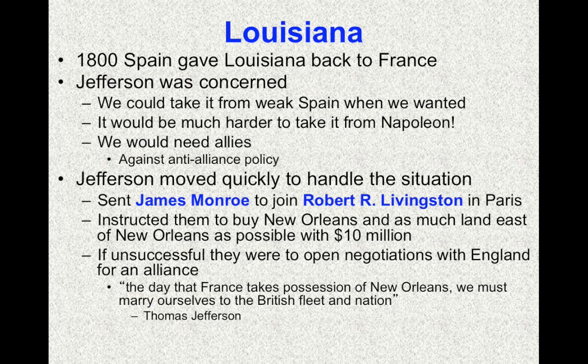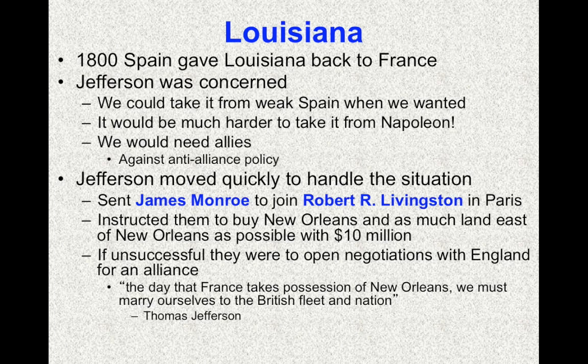That way we can control the mouth of the Mississippi, and any other land that they would be willing to sell us east of the Mississippi, for possibly $10 million. Now, that was supposed to be their cap. They weren't authorized to go anything over $10 million. And the trump card they were going to use against France was, if France turns around and says no, we don't want to sell it to you, we want to control this territory,